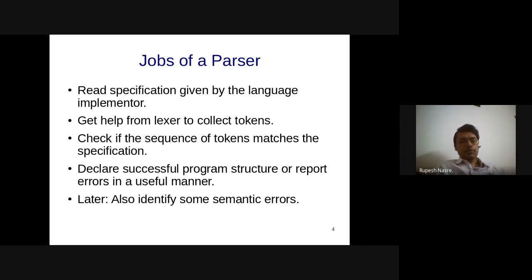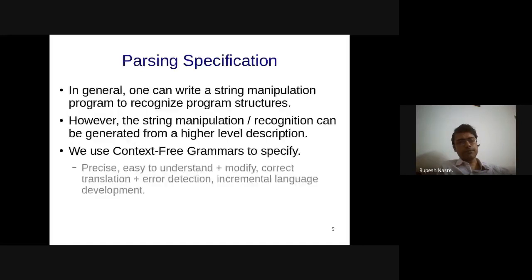It also will have to identify some semantic errors, but that is not part of the context-free grammar part. It's because of the rules, because of the actions that we specify along with the parser. So what you can do is ignore context-free grammar altogether and write a string tokenizer. So the strtok function, or let's say in Java you have the StringTokenizer. I use that to write my parser, right?